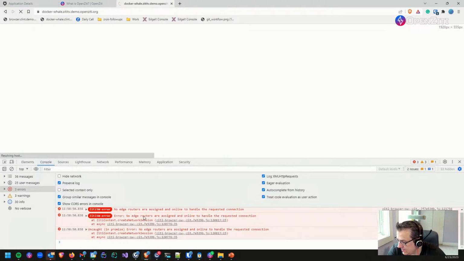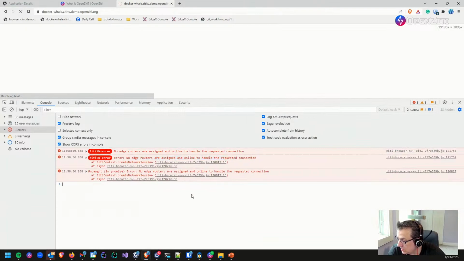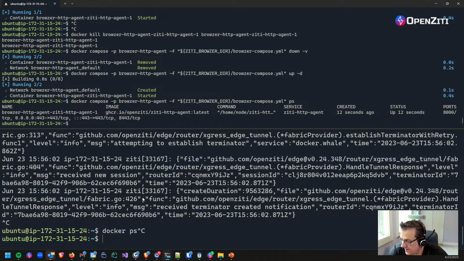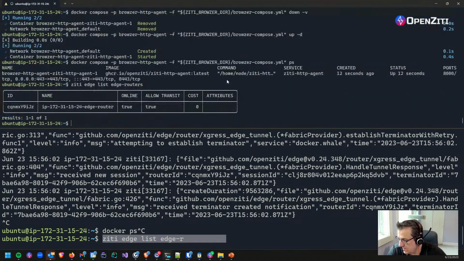Yep, I got an error. No edge routers are assigned and online to handle the requested connection. Cool. We are almost there. So it did download Ziti into your web browser, and you got a Ziti bootstrapped message. Yeah, it bootstrapped Ziti. So let's see. What is the problem? Do we have a Ziti edge list edge routers? I don't have completion in this window. I didn't see you do a step for edge router policy. So the edge router doesn't have a public attribute somehow,